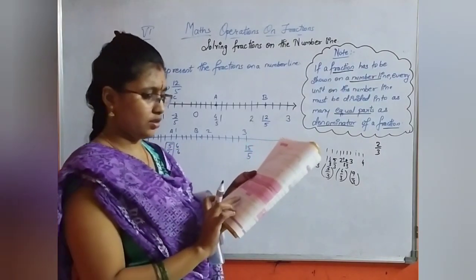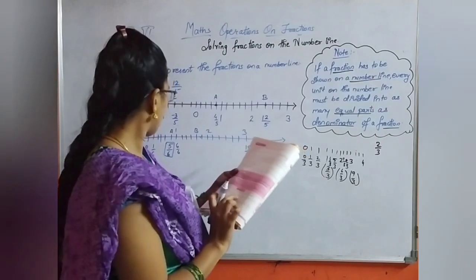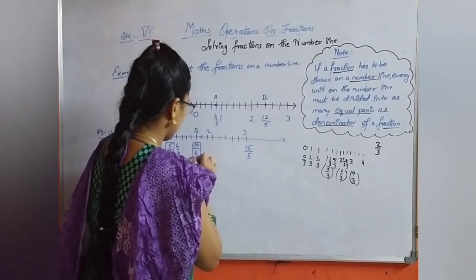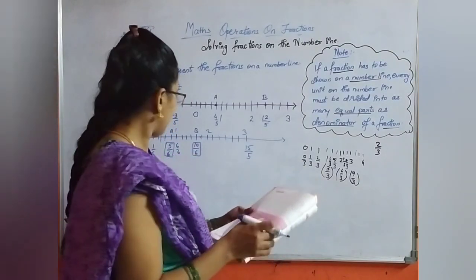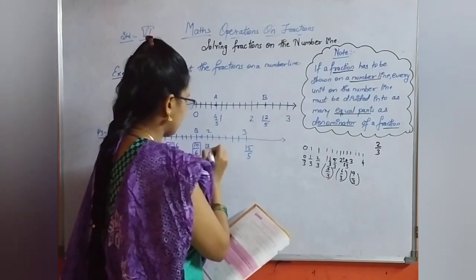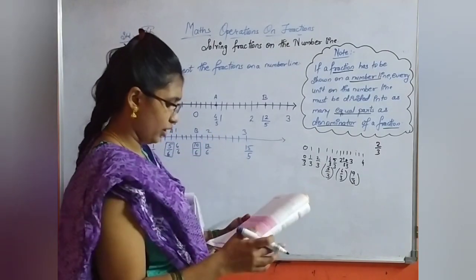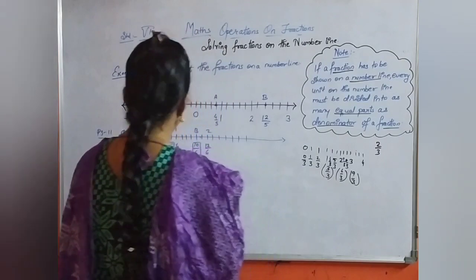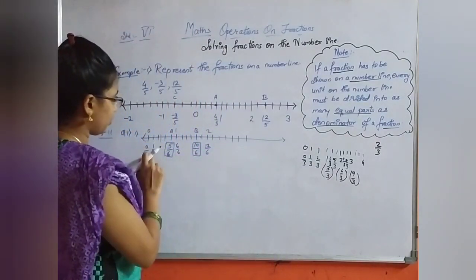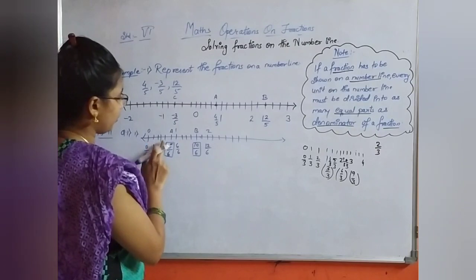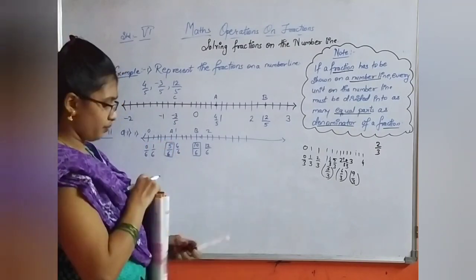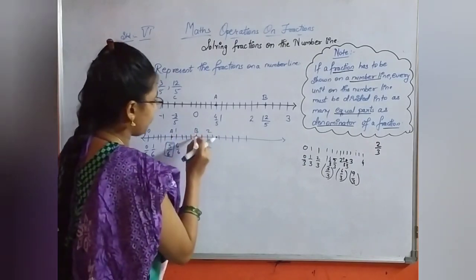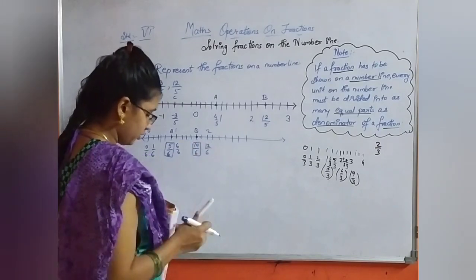Then 1 is 6 upon 6, then 7 upon 6, then 8 upon 6, then 9 upon 6, then 10 upon 6 is B. Then you have 11 upon 6, then 12 upon 6 is 2, and moving on. Don't look at this number, it was written by mistake. So here we completed 0 upon 6, 1 upon 6, it's already given. So 2, 3, 4, this one is 5 upon 6. The alphabet A has a value of 5 upon 6. Alphabet B has a value of 10 upon 6.